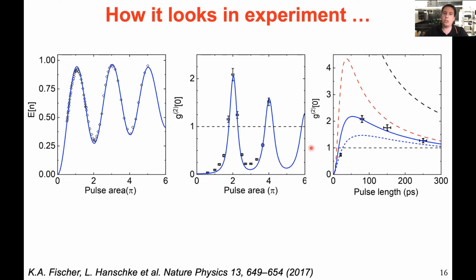Now we can also investigate this as a function of the pulse length, and the red curve here is when including phonons, but no chirp. The other two curves are when including the chirp that we, at the time when we did the experiment, could measure, but could not compensate for. So without chirp, the bunching that you can obtain is even higher.